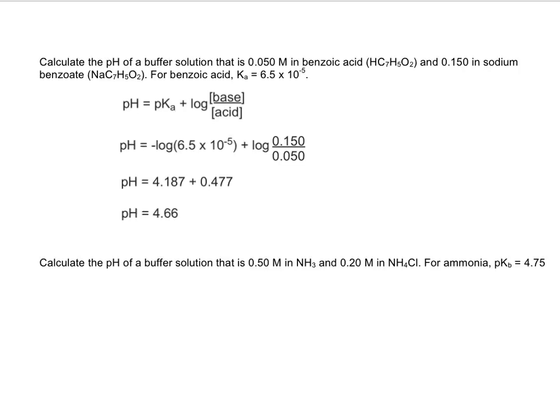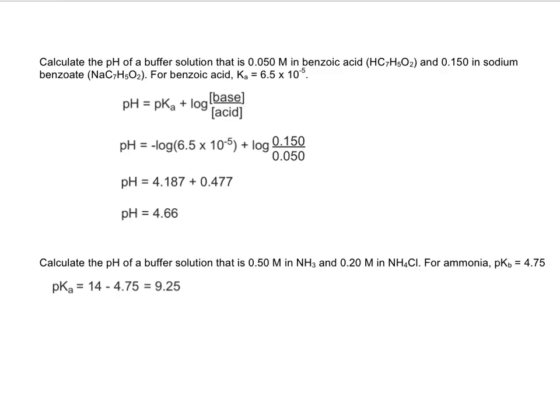Calculate the pH of a buffer solution that is 0.5 molar NH3 and 0.2 molar NH4Cl. And so for ammonia, the pKb is 4.75. All right, so for the Henderson-Hasselbalch equation, we need the pKa. And if you remember, the Ka times the Kb is equal to Kw, which is that 1 times 10 to the minus 14th. And so it's also true that if you add the pKa and the pKb, you should get 14. So in this case, we can just do 14 minus 4.75 and get the pKa is equal to